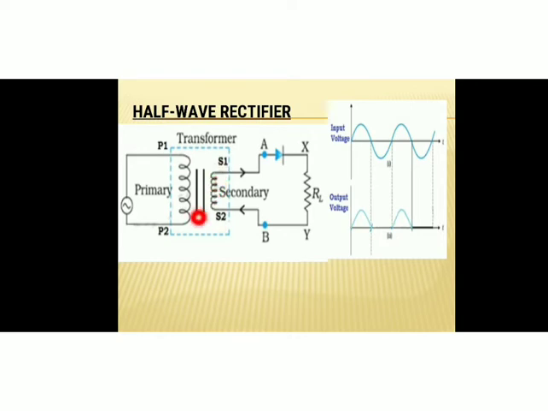This is the circuit diagram of a half wave rectifier. On the screen you can see there is a transformer. This is the primary or input end of the transformer, and this is the secondary coil, where we receive the output. Output is obtained through the load resistance RL, and the diode is connected here. This is the PN junction diode, and this arrow side represents the positive of the diode, and this black line represents the negative of the PN junction diode.